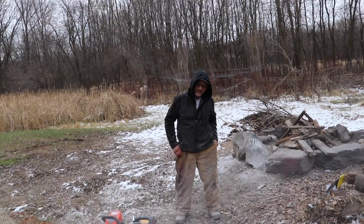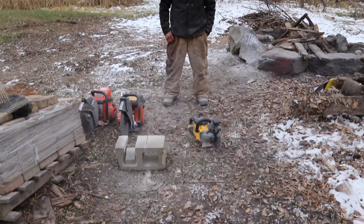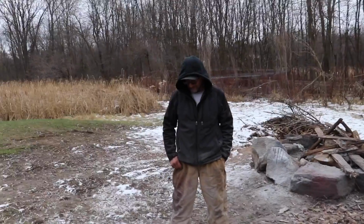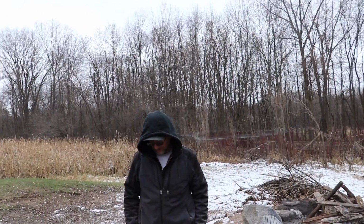I would say Dewalt's got a good blade. They got a good blade. I mean, that Shocker is the best there is. So that tells you a little something about Dewalts, but at least Shocker's the best there is that I've used. All right, let's load these into the truck, and I'm going to bring you a Stihl TS